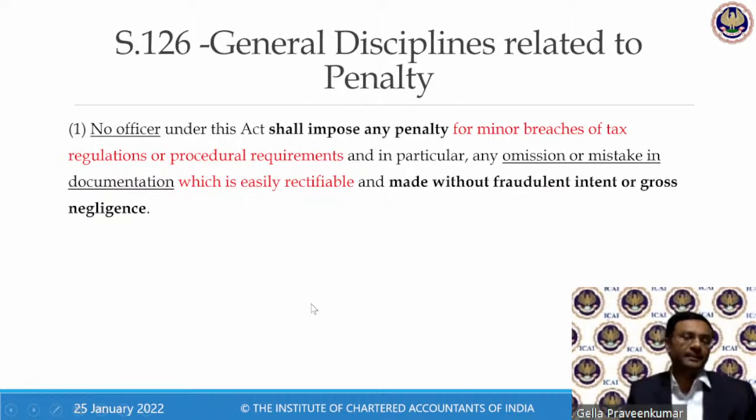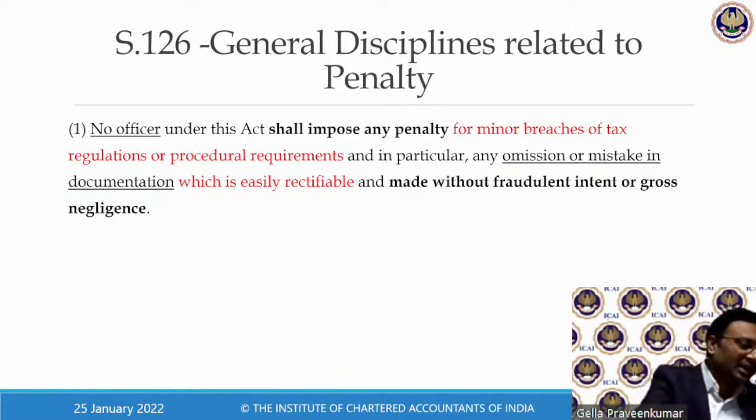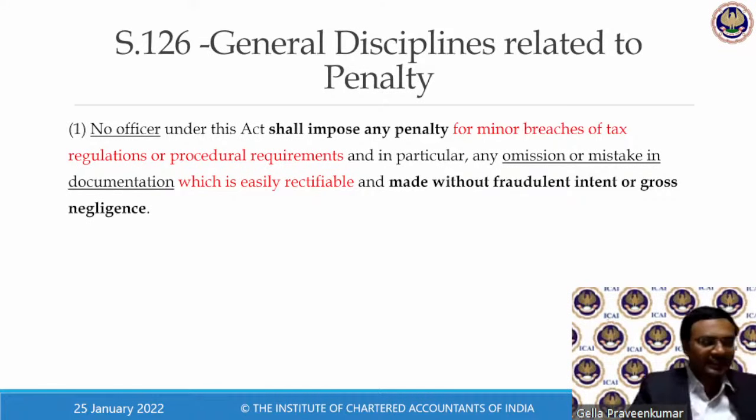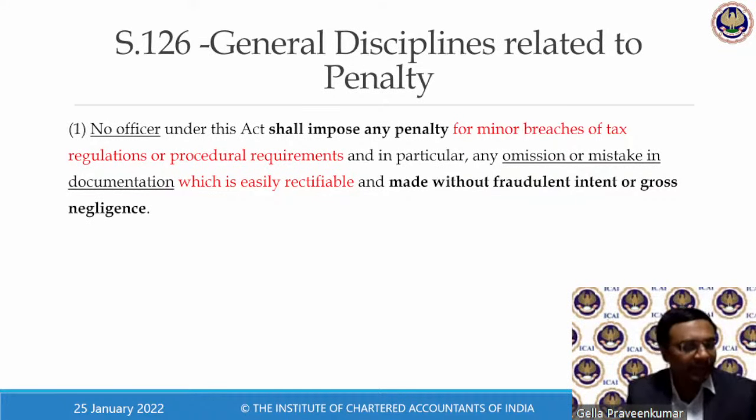Section 126. General disciplines related to penalty. Now, whenever a penal provision has to be invoked, this section 126 is like a Bible. It's like a Quran. It is like a Bhagavad Gita. So, officer, whoever is dealing with these provisions of 126, page number 21.9 of your institute material, it says that no officer shall impose a penalty for minor breaches of the regulations or procedural requirements which are in particular omission